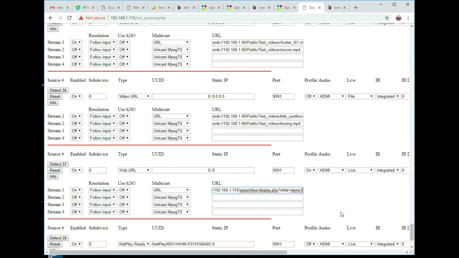There is a couple of things that you can do if you want to be fancy. You can define a second stream for it, create a first stream of this resolution and a second stream of this resolution, and then you can use either a totally different URL or just use the same URL and add the X grid equals whatever and the Y grid,